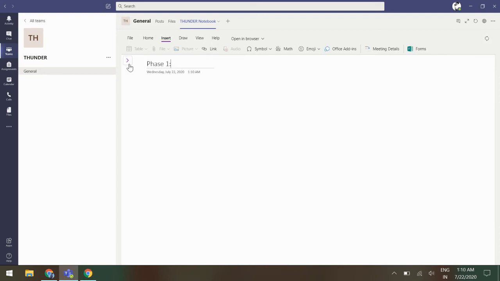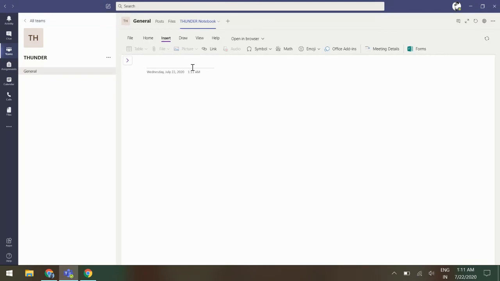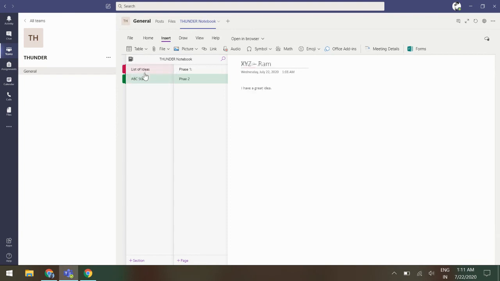You add all of phase one: what you have started with, what resources you have, what all you need, what your teammates' strengths are. You can put all that stuff. Then you go with phase two of your project, like the heading after a month, where you're heading. So this is basically a set, and these pages are the subset of the bigger set. The list of ideas is the set, and these pages are the subset.